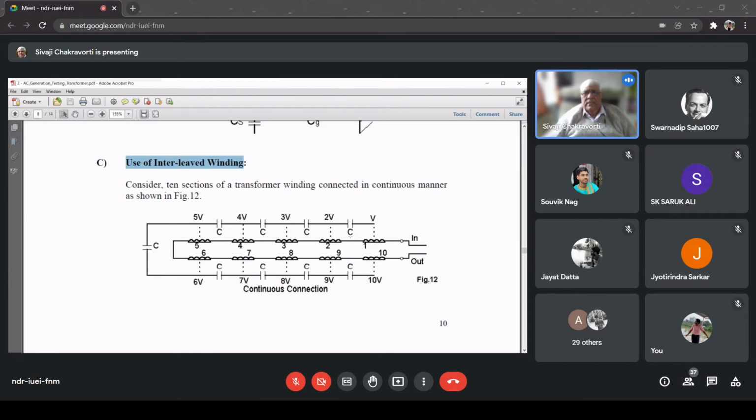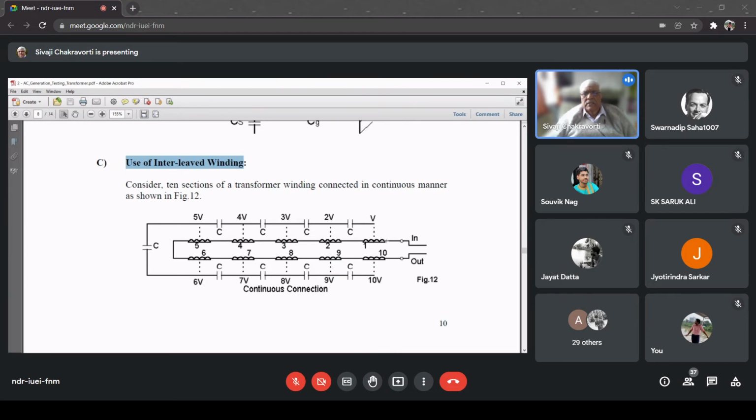And as the junction terminals are all different, there will be capacitance between the winding junctions. These are the series capacitances. Since the series dimensions, that means the length and the diameter and all that, are similar to each other, we will consider that all the series capacitances are the same. And the voltages starting from the first junction, if I say V, then it is 2V, 3V, ultimately it becomes 10V. That means 10V is the potential difference with respect to the first coil.